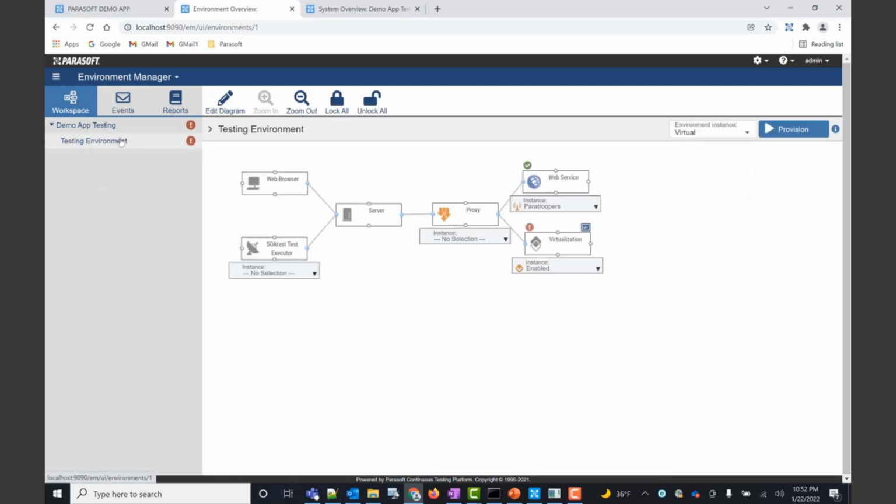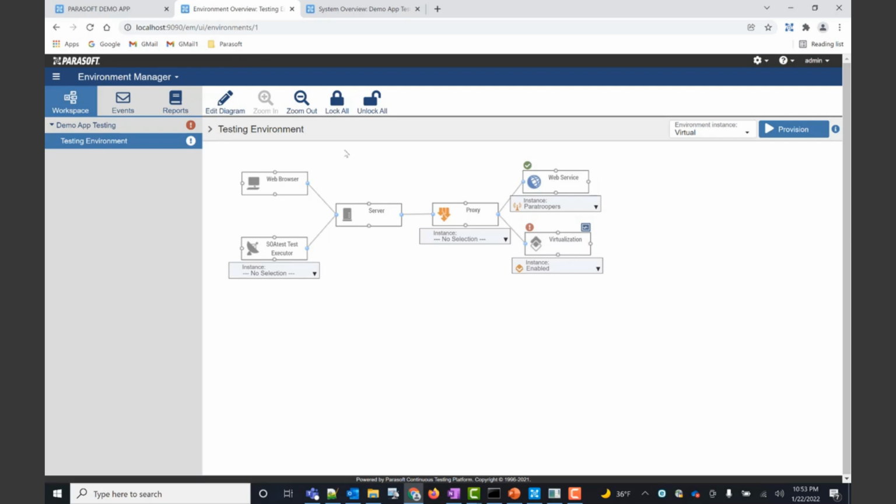The first thing I'd like to show you is a conceptual diagram of what we did earlier. We had our SOATest executor, or our web browser, hitting our demo application. That application was then referencing a back-end web service. We imposed a proxy in between that said, whenever we are in a pass-through mode, we want it to pass through our proxy and go straight to our web back-end service. But if we then switched it to our virtual asset, we want any requests to go through our proxy and instead go to our virtualization.